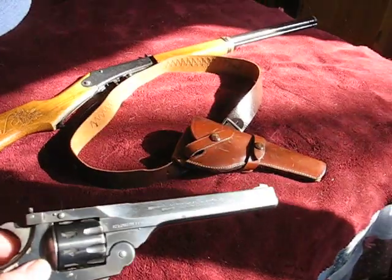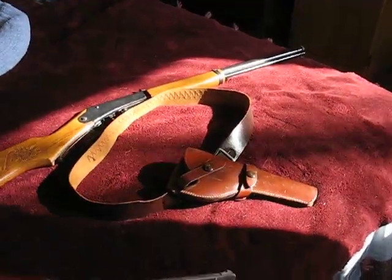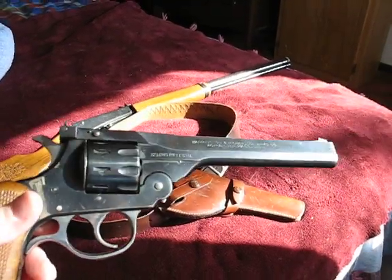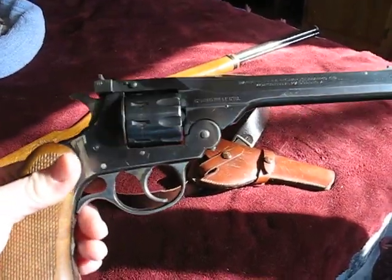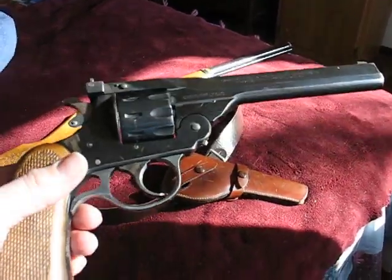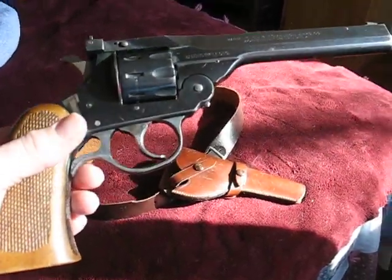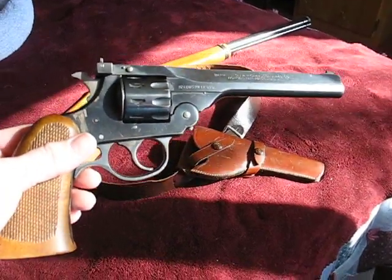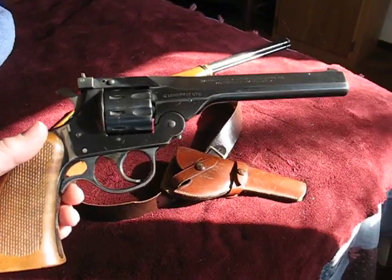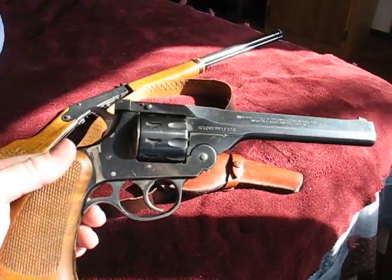And it's really a pretty neat gun. And I'm learning more how to operate it all the time. I've never loaded it and used it yet, but I'm really looking forward to doing so. I've just kind of been learning about it, how to operate it. I want to have a gunsmith take a look at it, clean it up, and learn a little bit more about it, and then go out and start doing some shooting, a little practicing with it. So just wanted to show you my first ever real gun,